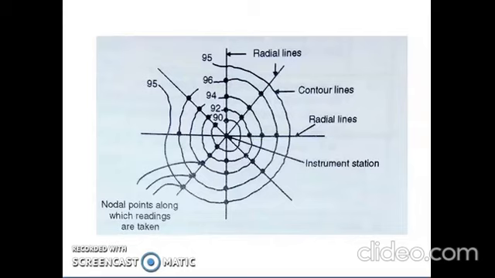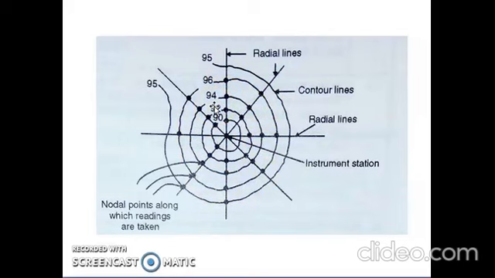This is how the contour plan will look if we use the tachyometric method for contouring. This is the radial method. So there are radial lines. This is the point where the instrument is kept, the instrument station. These are the radial lines in all directions from the instrument, and readings are taken on each radial line going away from the instrument, and the points of equal elevation are connected to form the contour map.